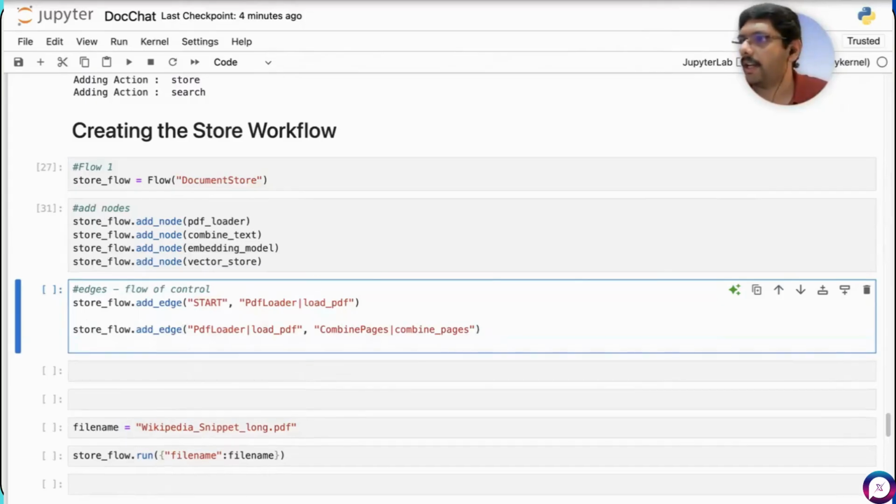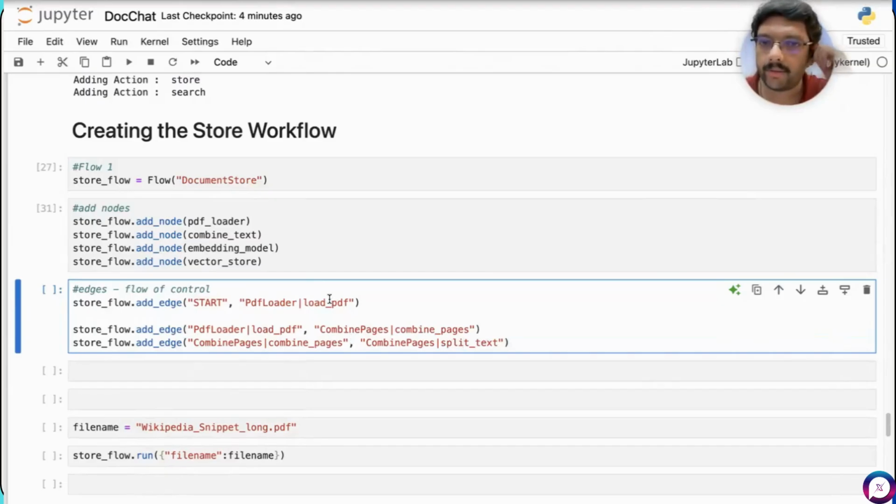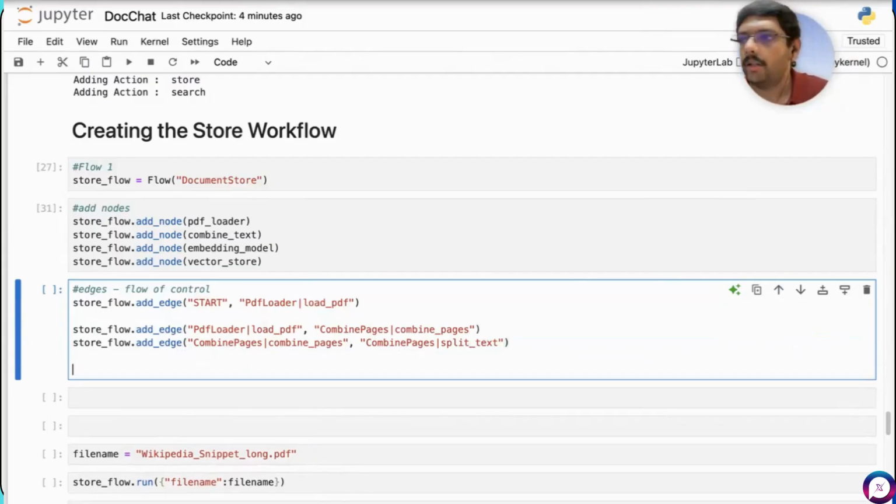And you'll see again how multi-action functions become useful, because now after this, the next function you want to execute, or the next action, as I call it, is split text. You have got the text from the PDF, you have combined it into one piece of text. Now you want to chunk it. So we go to combine pages, split text. Once you do that, what do you have? You have the chunks, right? The split text gets you the chunks. So